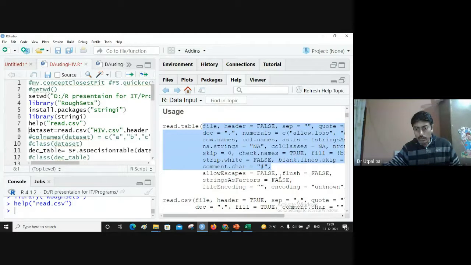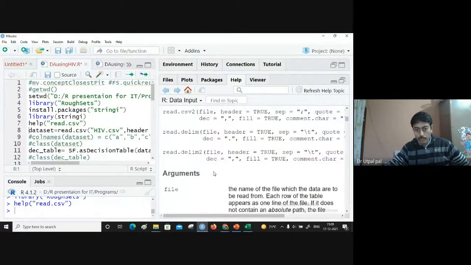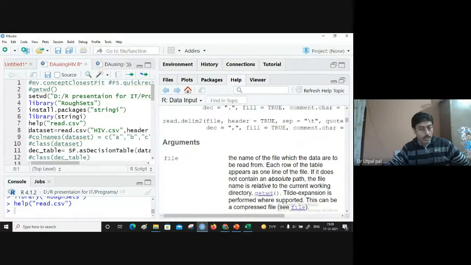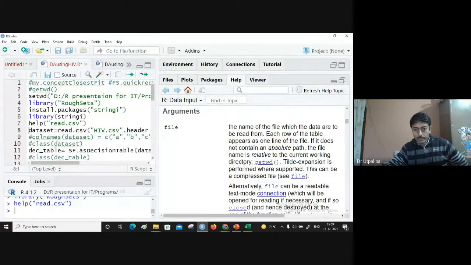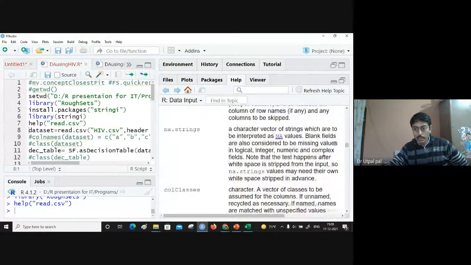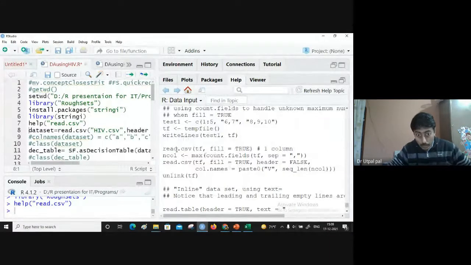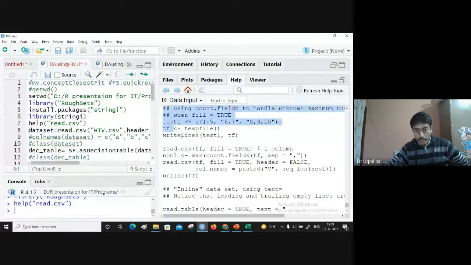Not all are compulsory, some are compulsory and some are optional. And these are the different versions of this read function, read.csv, read.csv2, with all the arguments, and they have also given some examples of how one can practice with or learn about this function. The example is also given here.